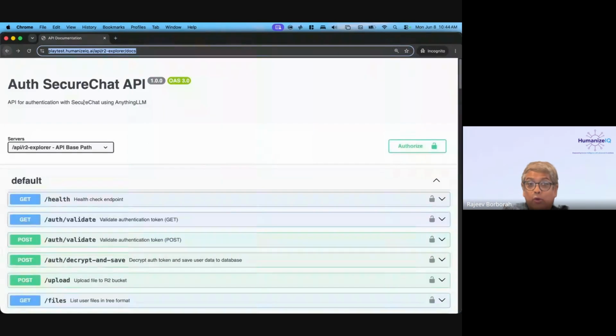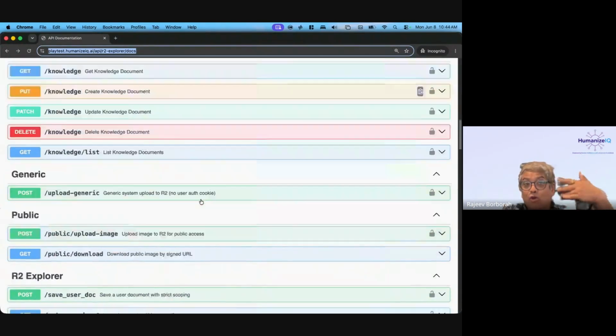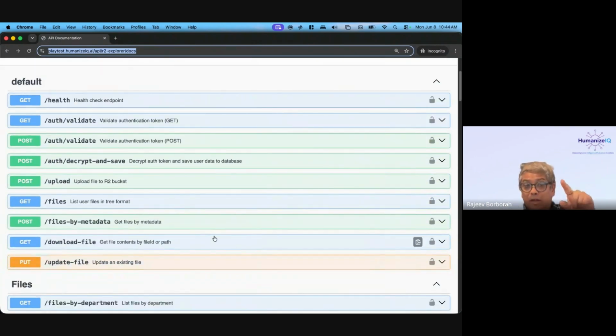But before you do that, you need to figure out which APIs to use. So I want you to explore this API, figure out how these APIs work, try it out in curl, try it out in Postman, and try it out in Swagger. And then I want you to document that, okay, this is what I will do. My app will use this API to get files, this API to upload files, this API to update files. And then you ask your front end to integrate with this API using that documentation. This is an exercise for you to figure out.